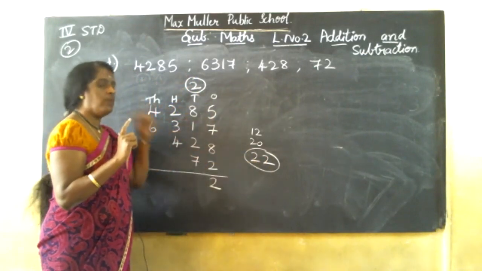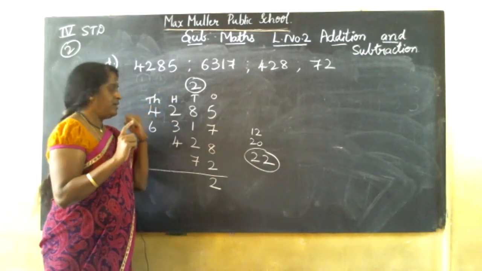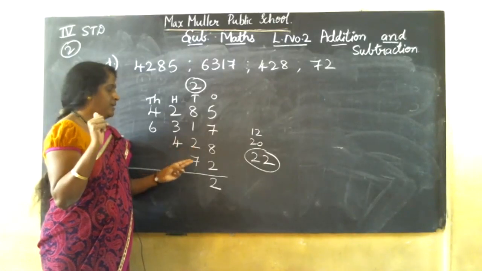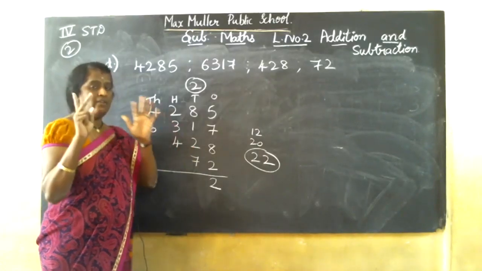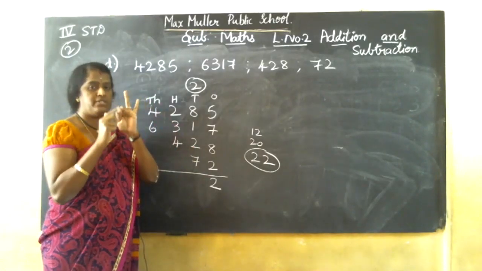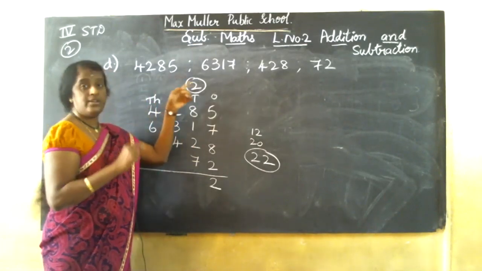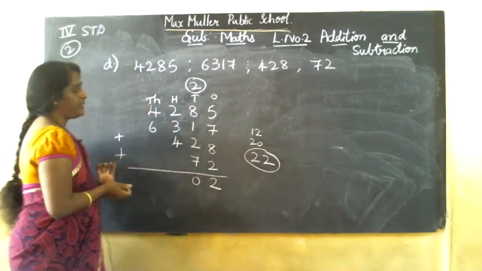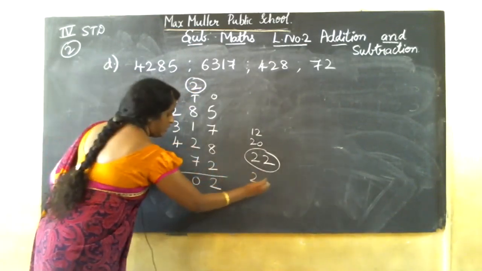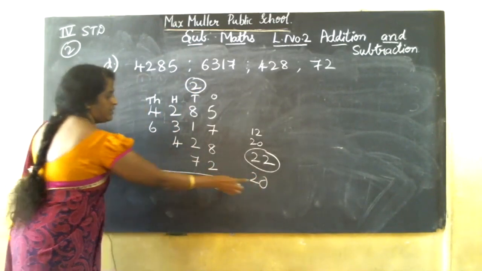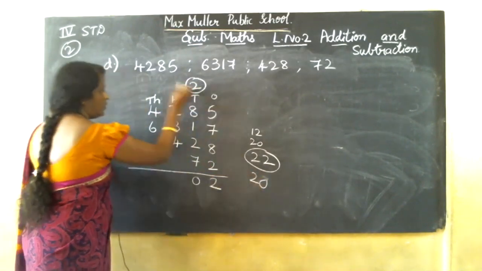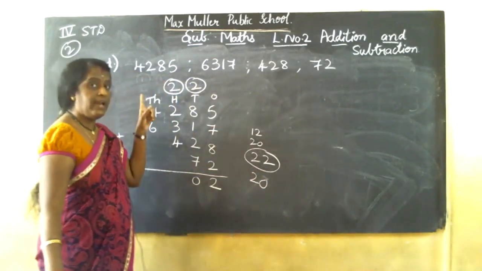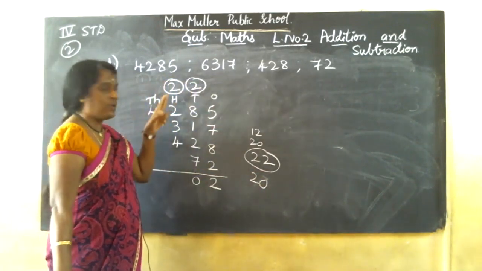8 in the mind, 1 on my finger, after 8, 9. 9 in the mind, 2 on my finger, after 9, 10, 11. 11 plus 7: 11, 12, 13, 14, 15, 16, 17, 18, 19, 20. 20, you should write 0. See here, I got 20. 0 here, and this 2 will go as carry over 2. You may think you always get 1 carry. No, here I got all 2 carries only.